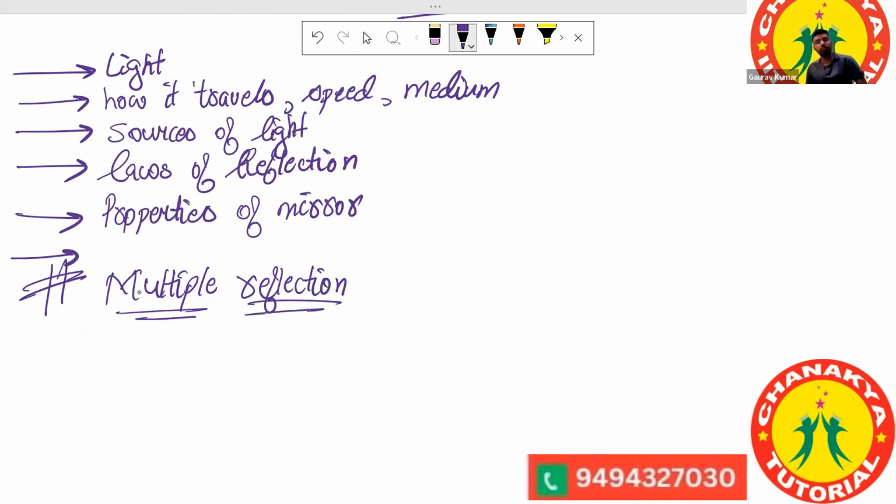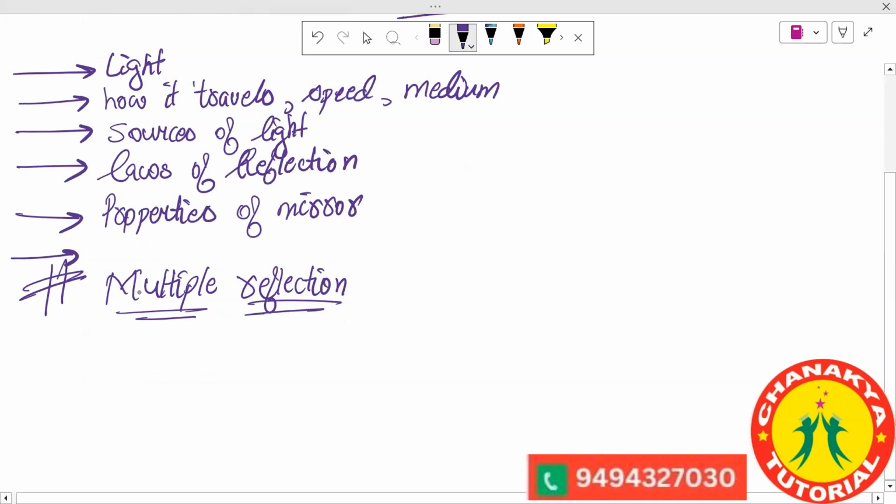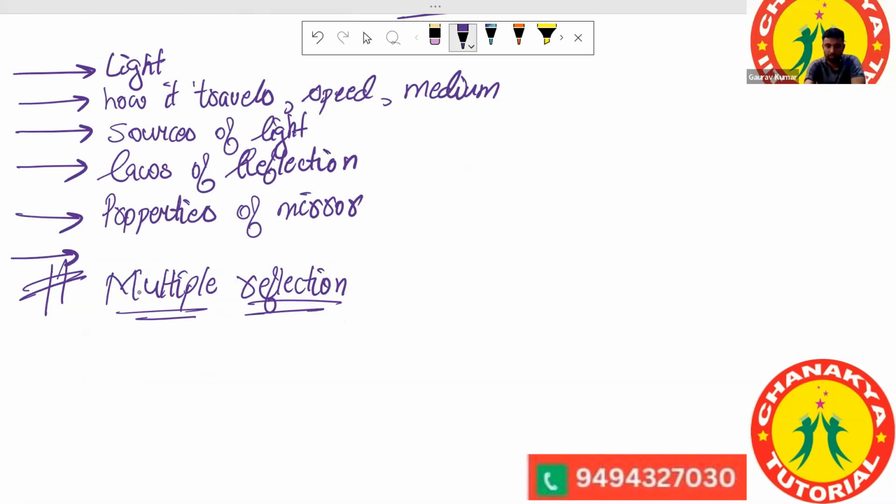Multiple reflection. Can you tell me what is multiple reflection? So when two mirrors are kept close, attached to each other, multiple images are formed. Is it? Oh, yes, correct. Later you will find that there are other conditions also, but right now let's take that there are